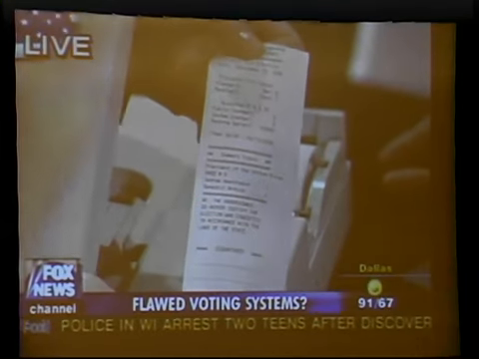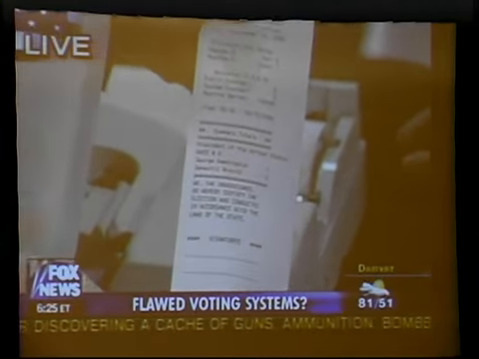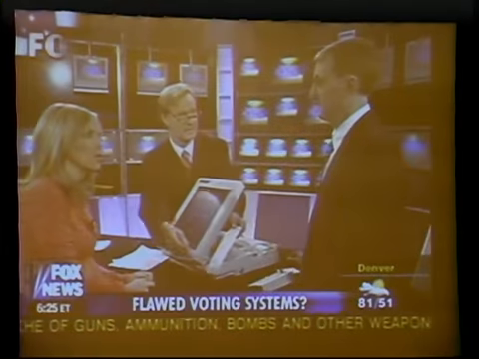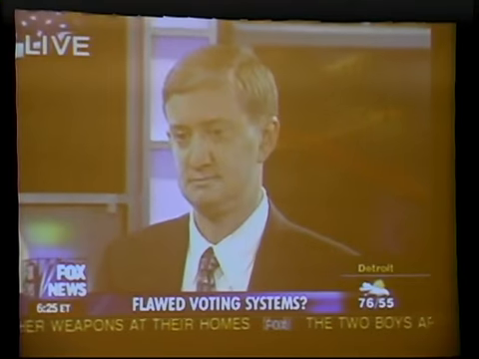So you're saying that hackers would have had to have done this before people voted. They would have had to have infected it with a virus, and then it skews the results. Before Election Day? Oh, my goodness. Anytime before Election Day. Ed Felten, Professor of Computer Science at Princeton, we thank you very much.